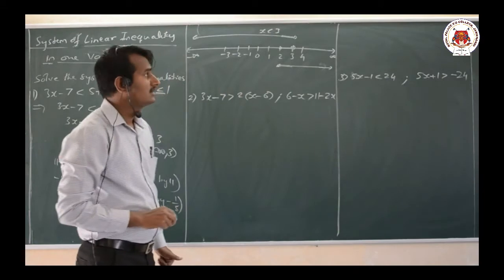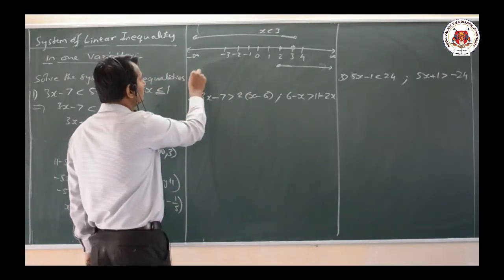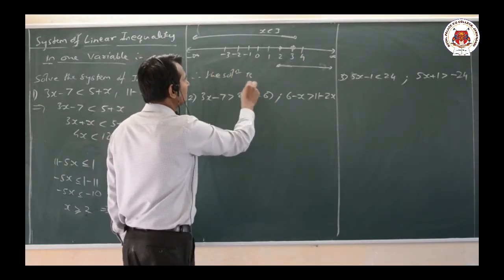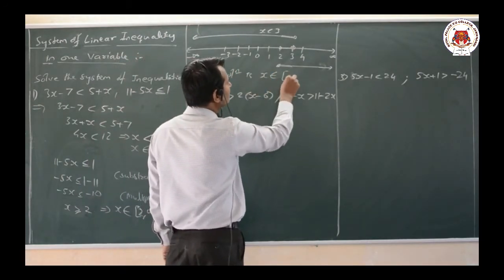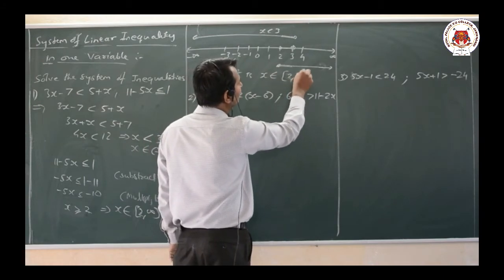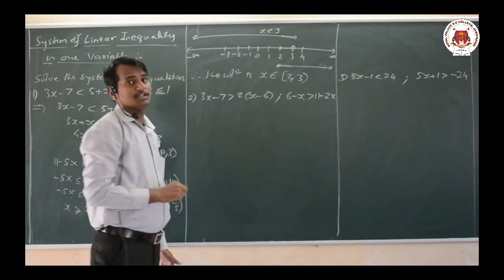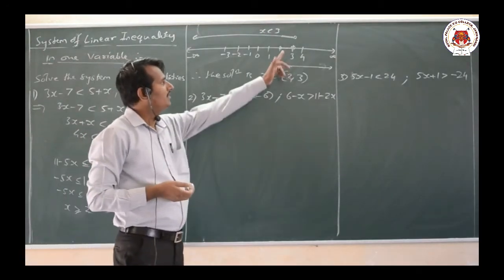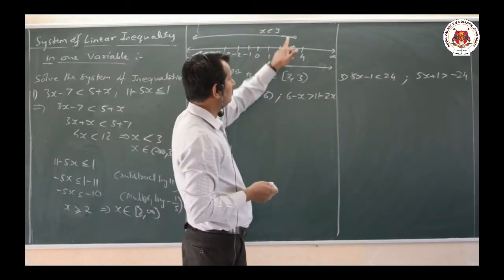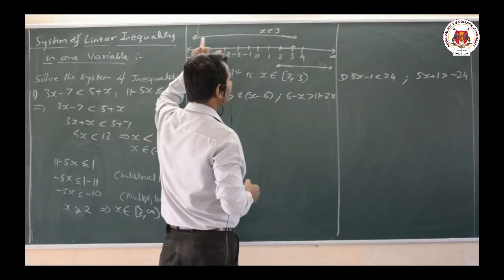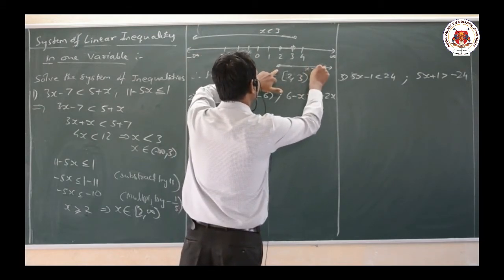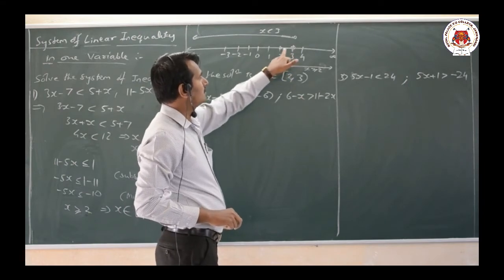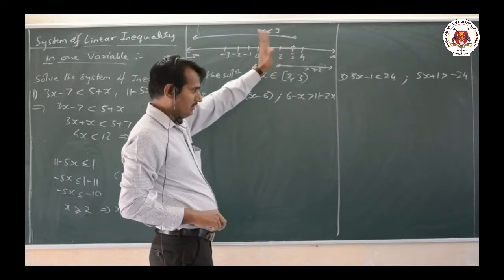Therefore the solution is x belongs to the interval from 2 to 3, not including 3, that is the required solution region here. Very very simple. Now we have to choose the common region between these two solution lines. This is the solution line for x less than 3, and this is the solution line for x greater than or equal to 2. The region common to these two is only this part, therefore it is our solution region here.